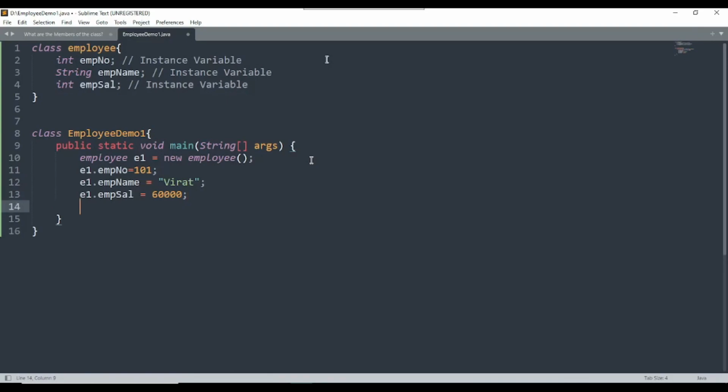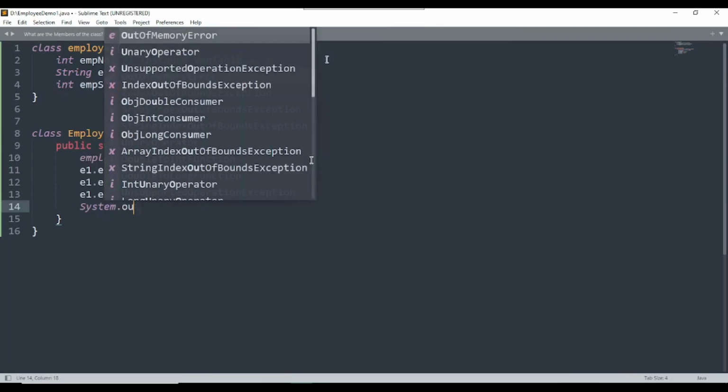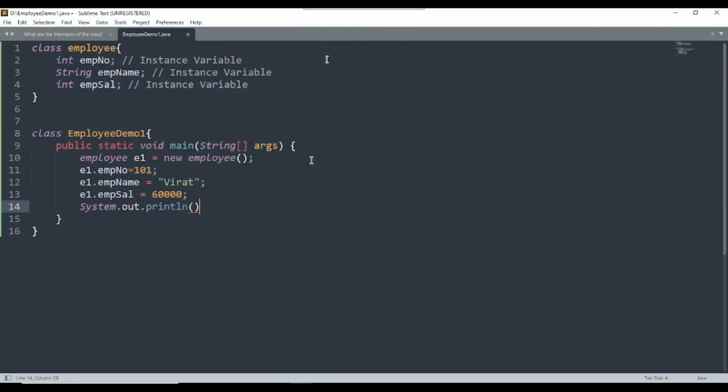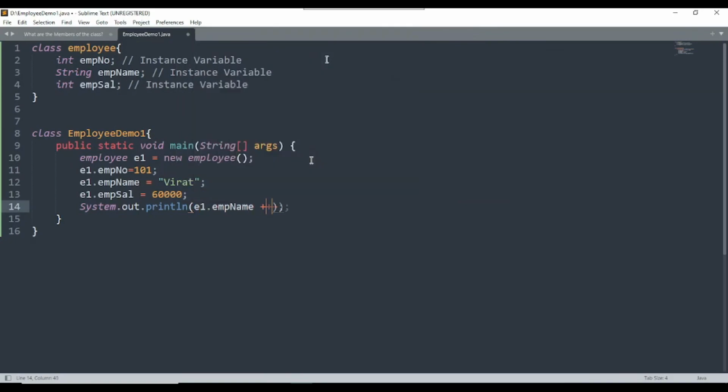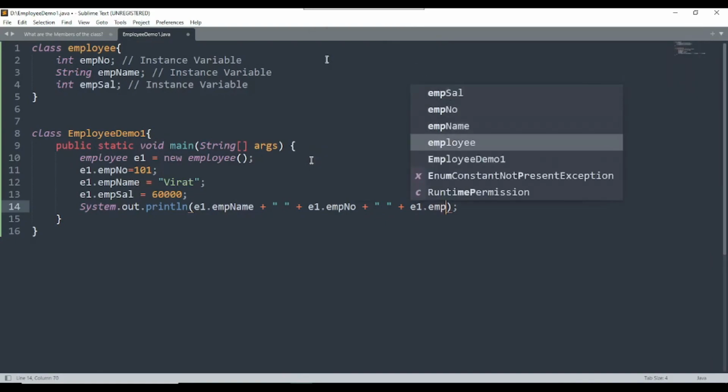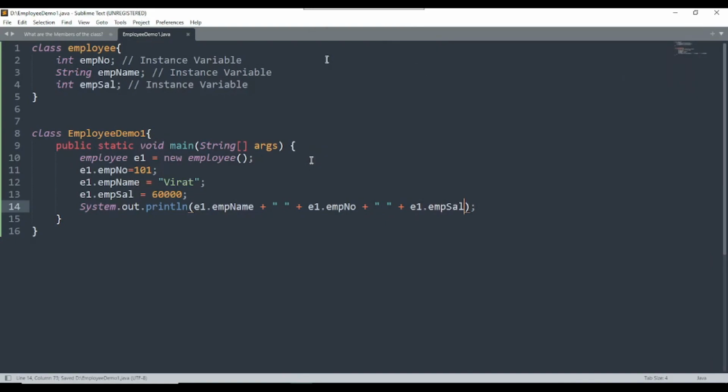So e1 is the object. You have to create an object if you want to access the instance variable, right? Now I am printing the values: System.out.println e1.empName plus concatenating with a string plus e1.employeeNumber plus concatenating with a string, e1.employeeSalary.